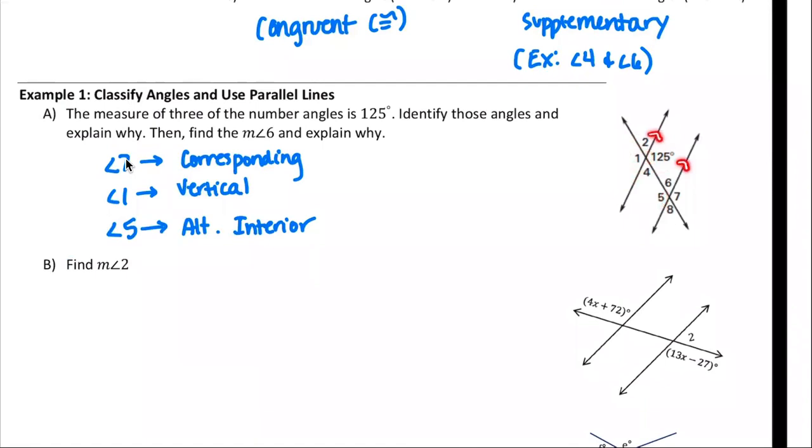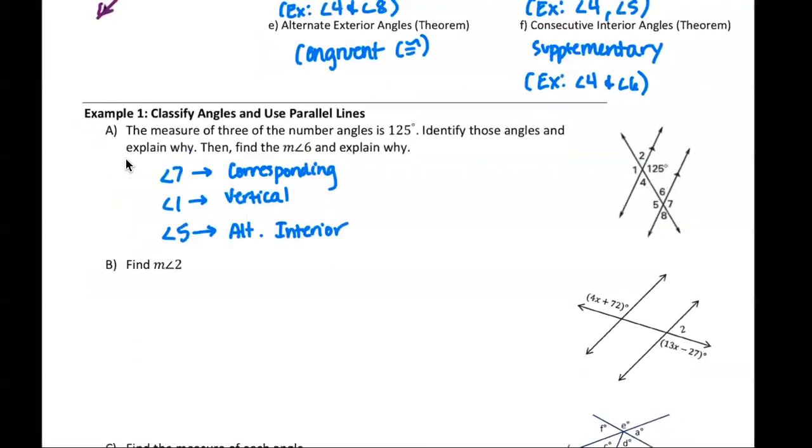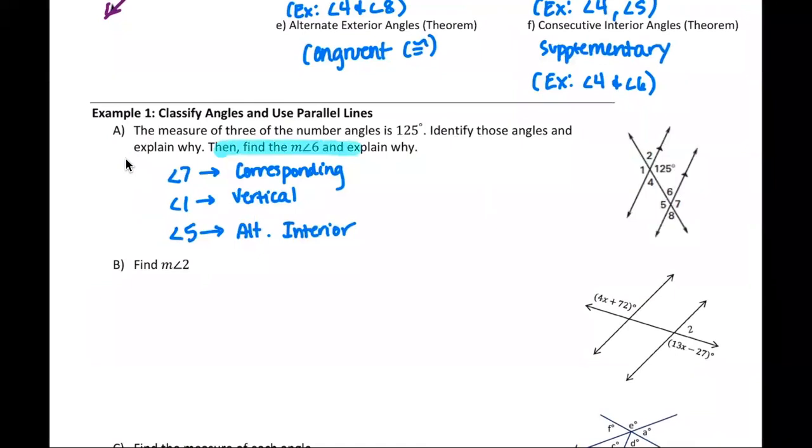Now, if these lines aren't parallel, then these aren't relationships that we could say exist, because if they're not parallel, then we can't say that angles are for sure going to be congruent to each other, because they could be different. It doesn't change what their relationship is. The angle that's 125 degrees and these angles are still corresponding, these angles are still alternate interior, but they just wouldn't end up being congruent at the end of the day. But that's why for the second part of this question, it says, find the measure of angle 6